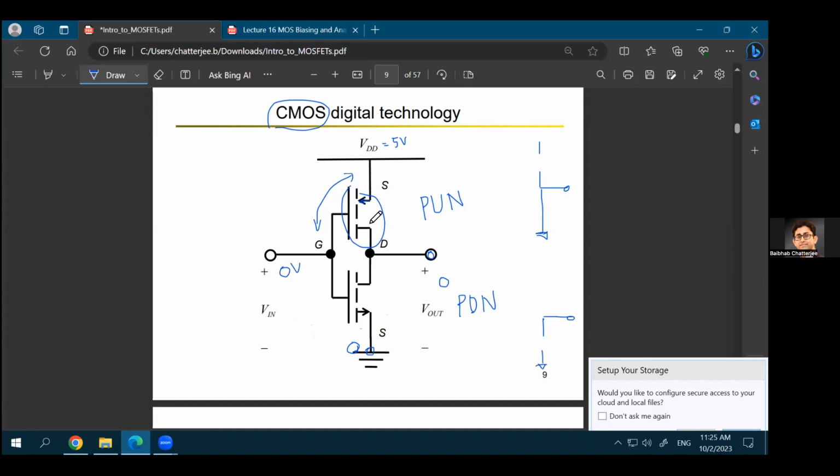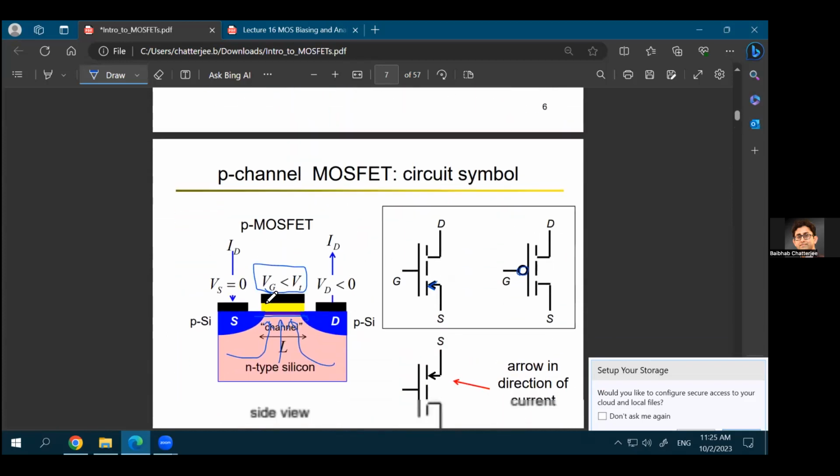But what is happening on the top side? Your gate voltage is at 0. Your source voltage is at 5 volts. That means with respect to the source, you are applying a negative voltage at the gate. Your gate to source voltage is minus 5 volts for the PMOS. And when you apply a negative gate to source voltage, the PMOS device will turn on because the PMOS device will attract,